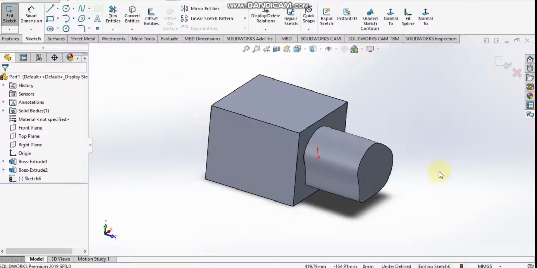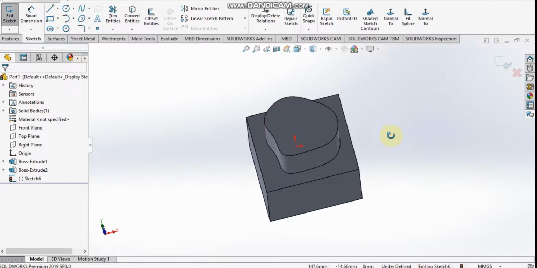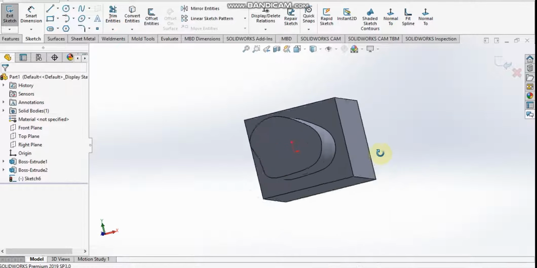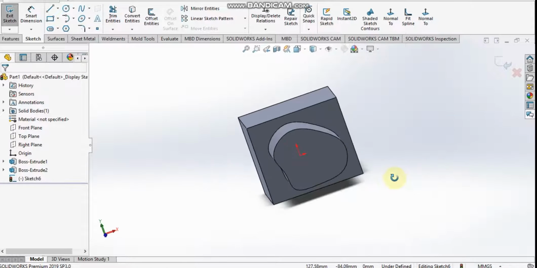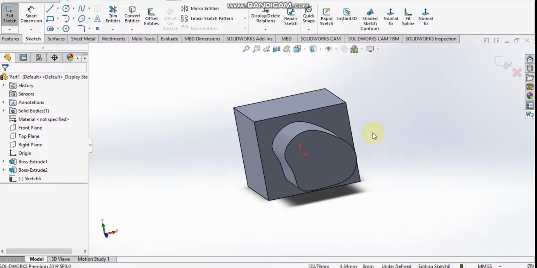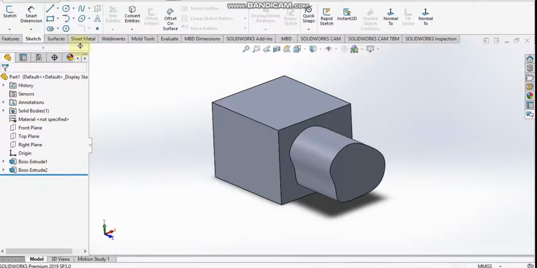Now, we can see over here, I have created some random geometry. This is a cube, and on one of the faces of this cube, I have created some random projection. Now, this is quite irregular in shape because I just want to show the importance of this option. Now suppose I want to draw something on this plane. Let me first exit from sketching mode.